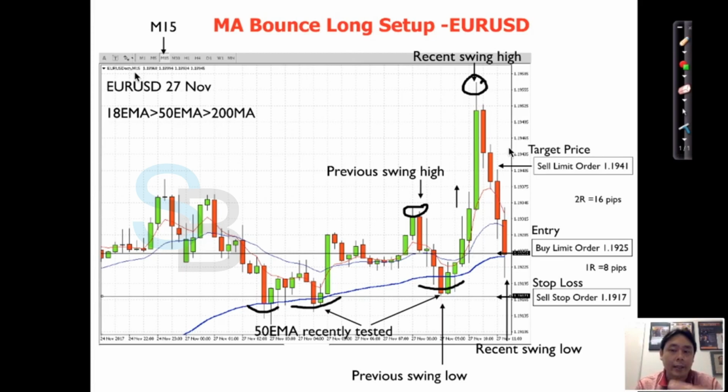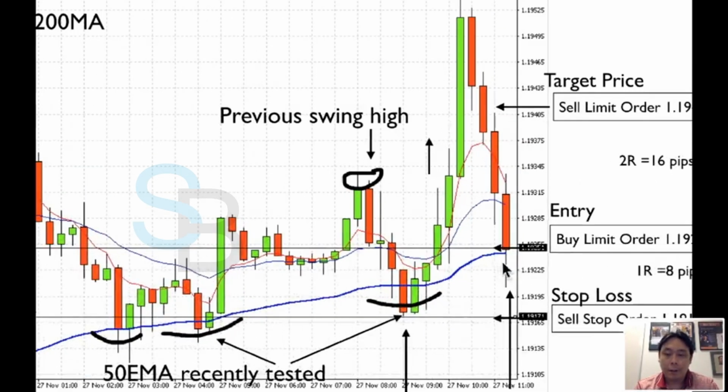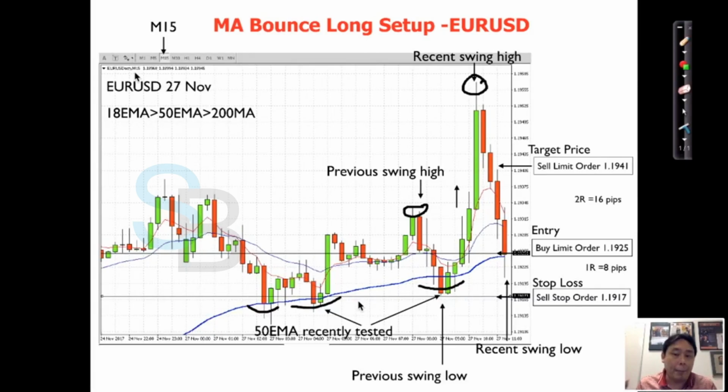So now what I'm looking at is the price is coming down, coming down, coming down. Am I confident to buy at the 50 moving average anticipating a bounce? Okay, yes, I'm confident. Why? Because all the rules are met, right? Recent swing high is above the previous swing high. Recent swing low, which is my intended entry price, right at the 50 EMA, is above the previous swing low. Okay, and the 50 EMA has been tested to be strong before. So the setup criteria are met, and I get ready to place a buy order